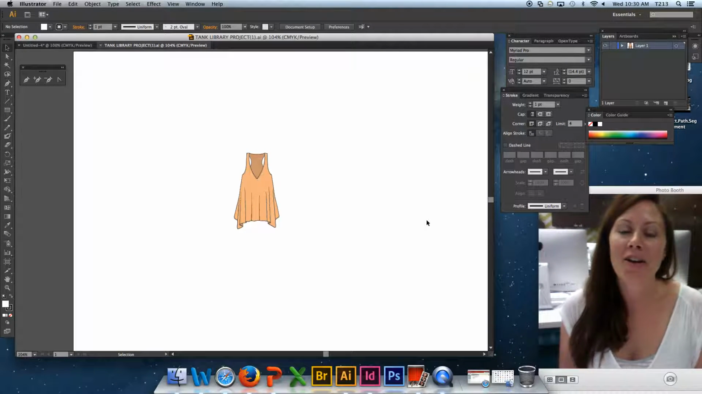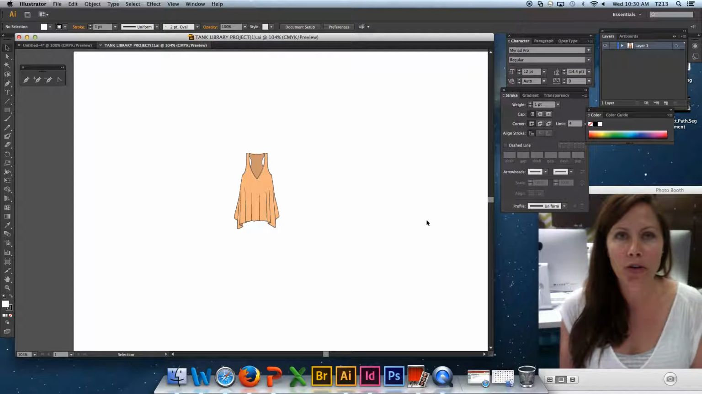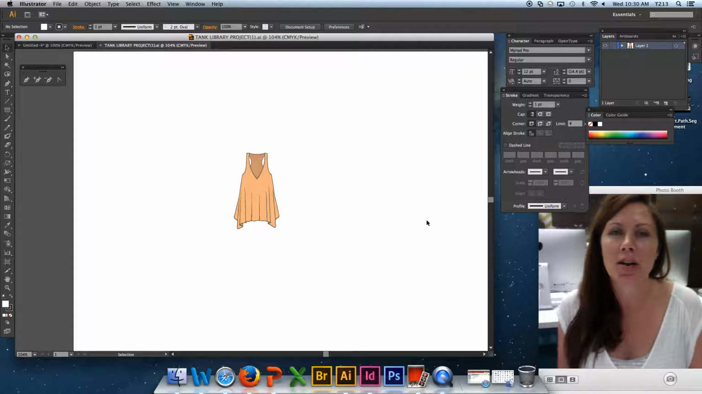Hi everybody. Right now I'm going to go ahead and talk about how to group objects, what grouping objects means, and a little bit about layers in Illustrator and how we're going to work with layers in this class. On my board I have a sketch of a tank top,